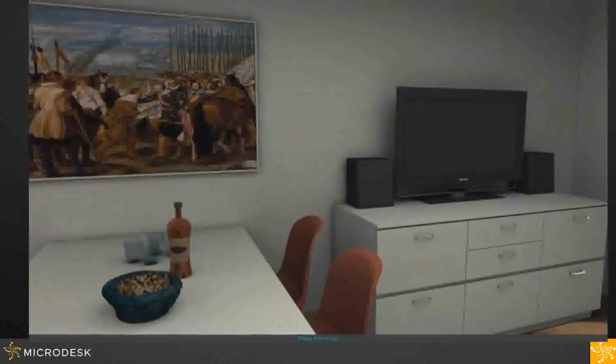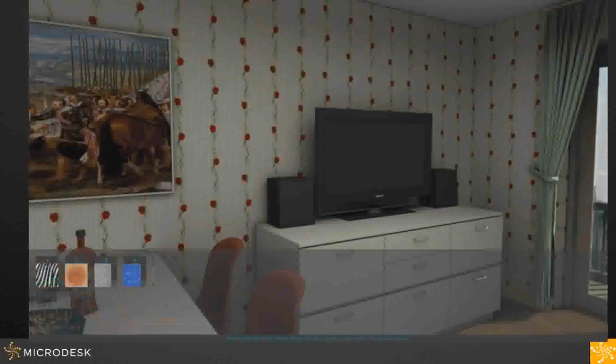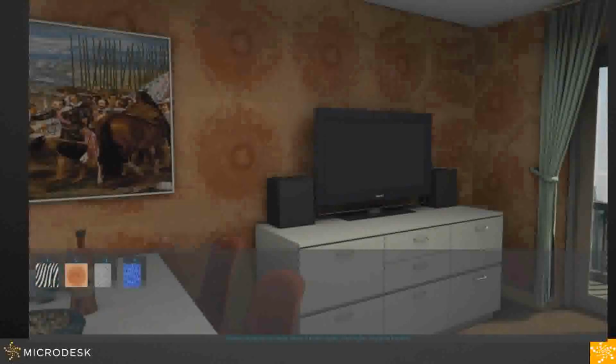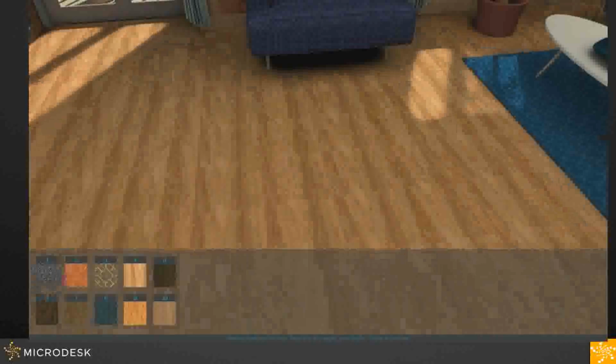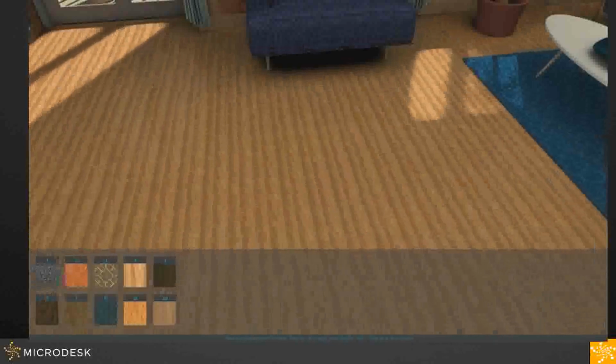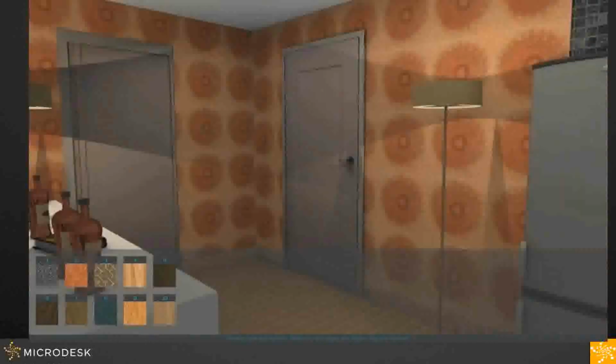So you can have traffic going, you can have birds flying, you can have a more live engagement in terms of the visualization. And this is all as you're moving around, whether it's with your mouse or using another device that can connect to it. So this is great for anybody with any type of design needs where you need